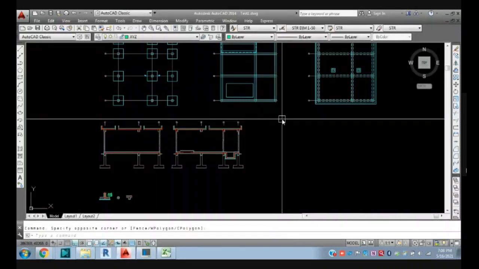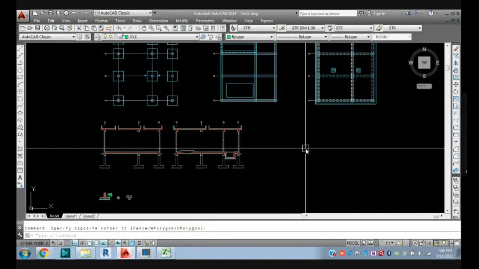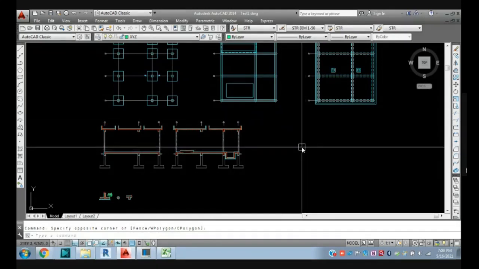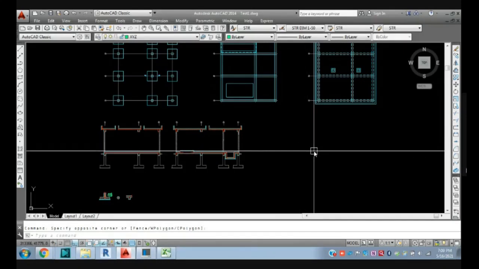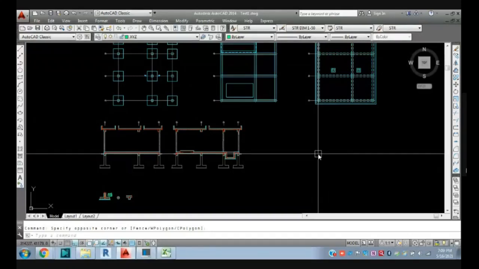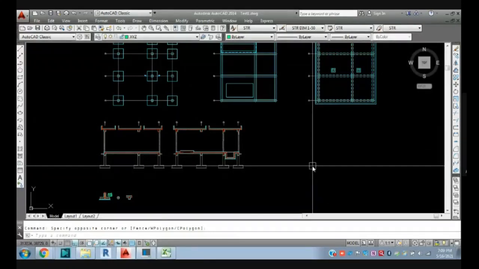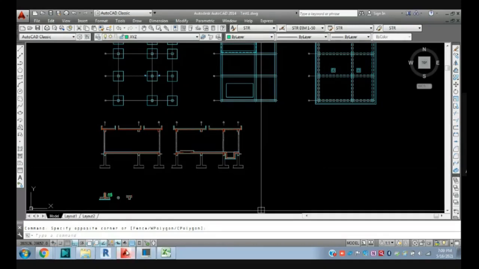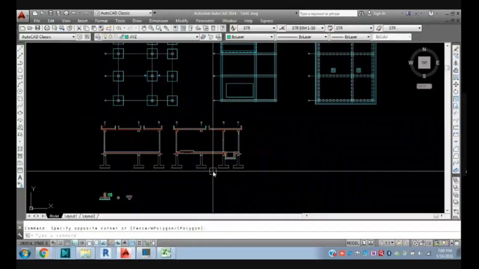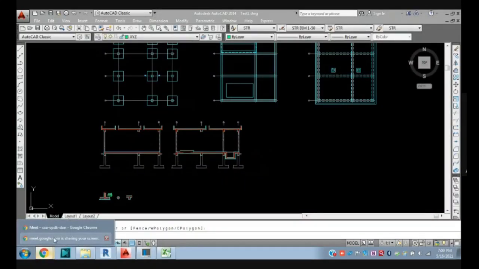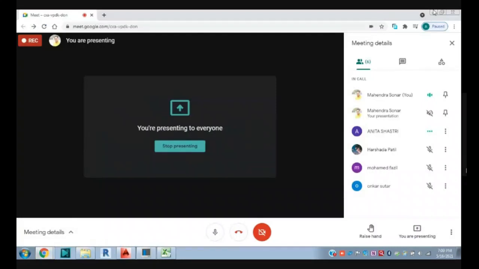Sandeep, can you hear me? Yes, sir. Sandeep, one task for you: could you share with the team the standard AutoCAD template we already have as per our project standard, right? We just need to share it with the team so they can practice on it. Okay, I will share, sir. If I have any difficulty finding it, I will call you. Okay, no worries, no issue.